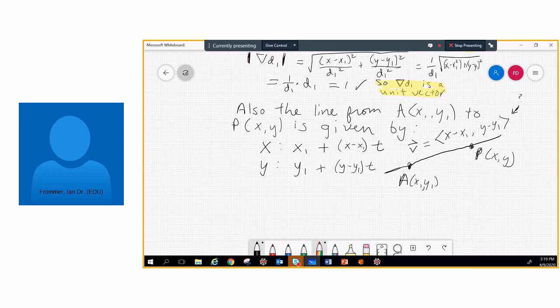All right. Let's rewrite this in vector form. So now what we're saying is that this can be written as x1, y1, the vector, or the point really, plus